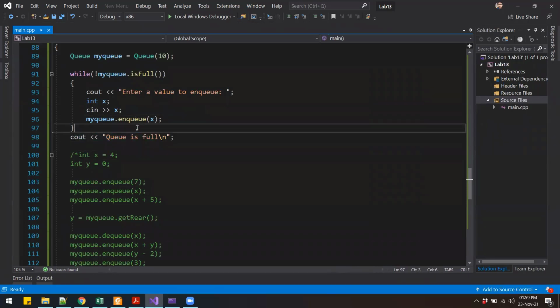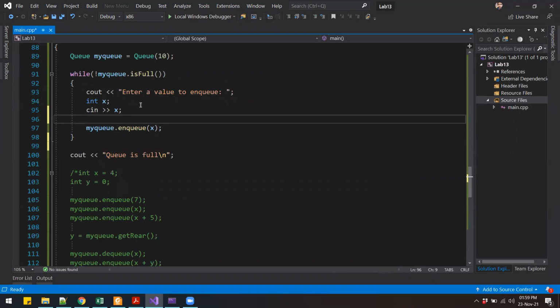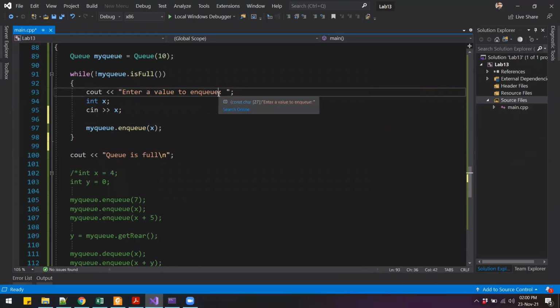Now the user might want to terminate earlier than to fill all the spaces in the queue. So what we can do in that case is we will ask the user to enter a value or negative 99 to exit.